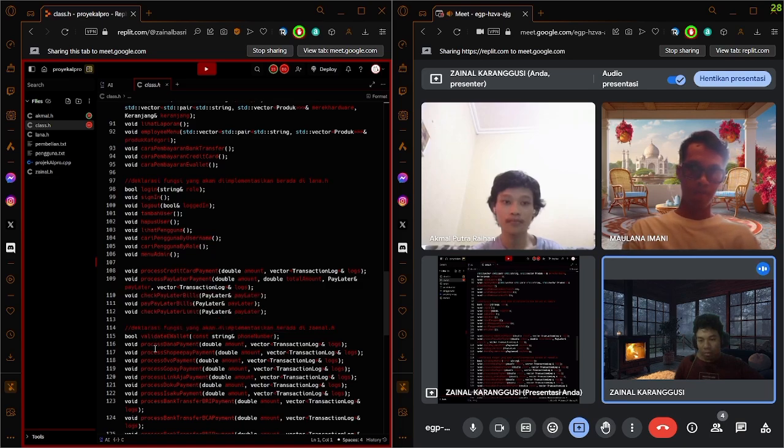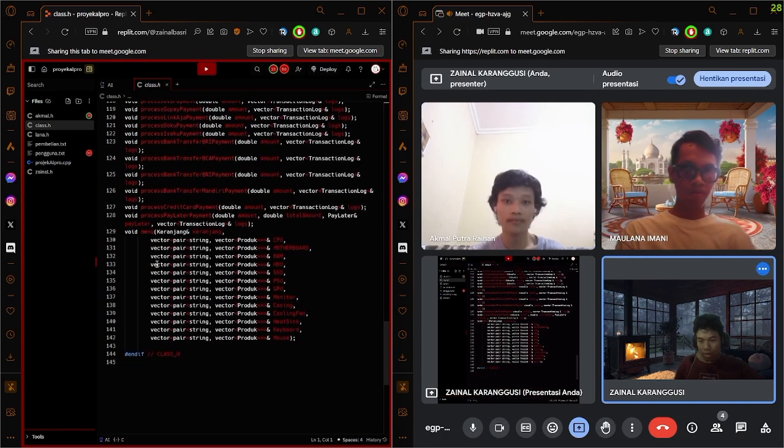And we have validate e-wallet, which is a function implemented in zainal.h, and we have the void menu, which is called by the vector in project alpro.cpp. Akmal?